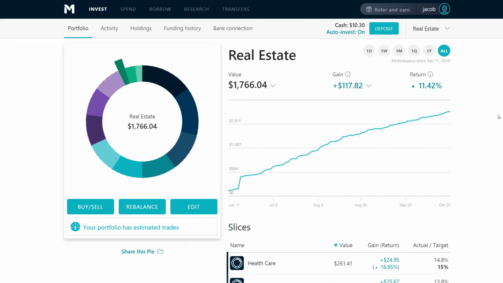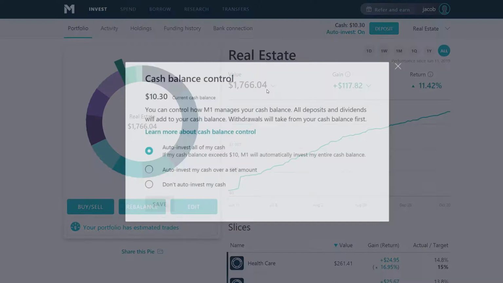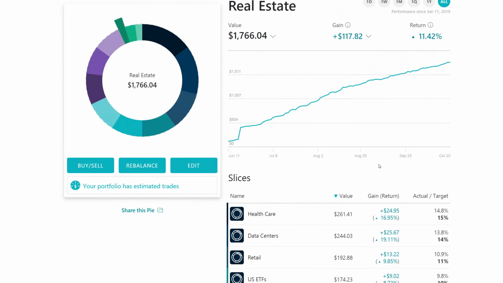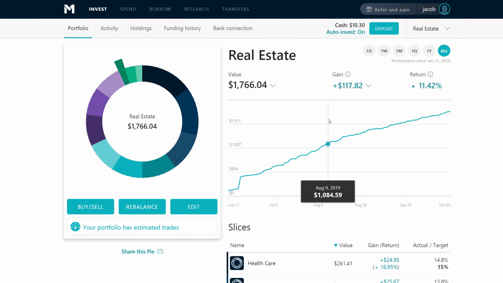I've invested $10 every single day into the account, and I have the auto invest feature set on from M1 Finance. So every single day, it'll automatically invest into my underweight holdings. All right, but I don't want to get into a tangent here. I've actually shared this in a previous video. So if you're interested in that, you can go and check that other video out that I shared on real